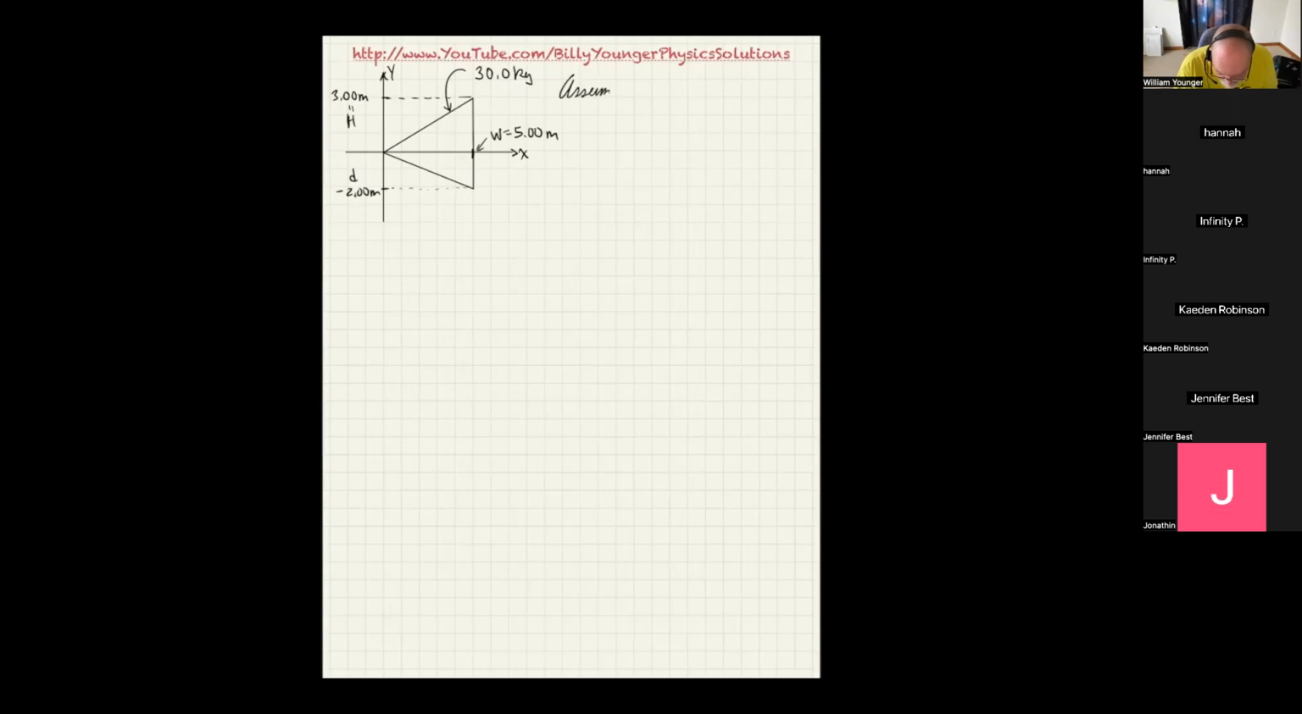Assuming the mass is uniformly distributed, what... I guess I shouldn't have made a capital W there. What is the center of mass? So it's the same problem we did before, but this time we're actually going to have to